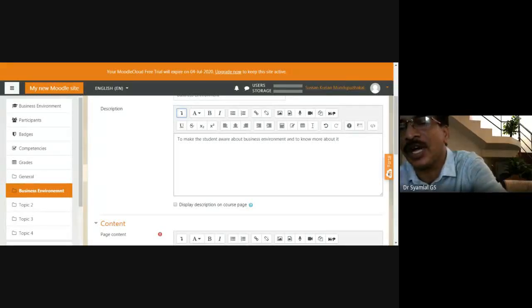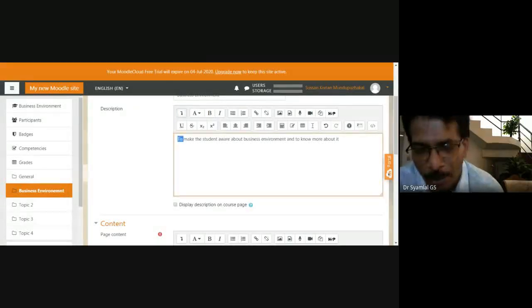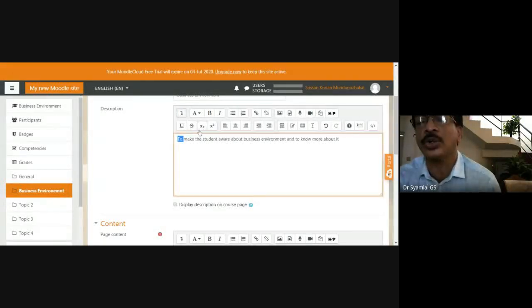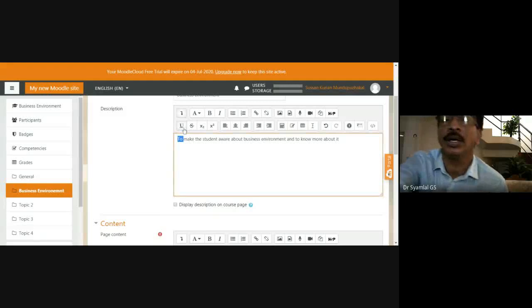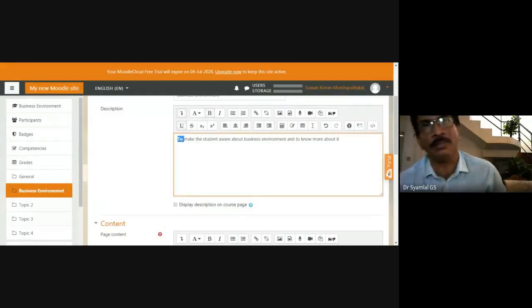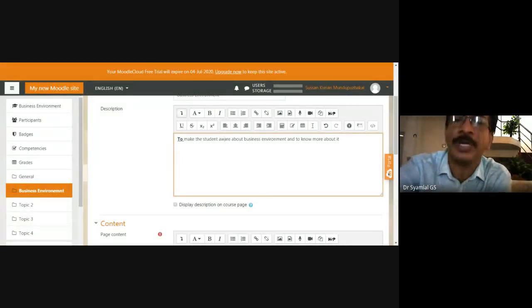Centralize, justify, etc. If you are typing more content, you can use all the formatting. Now, ma'am, select one or two words and give bold, italics, etc. This is the formatting you can incorporate. On top, near to A, you can see the letter B. B stands for bold. I, slanting, stands for italics. Okay.